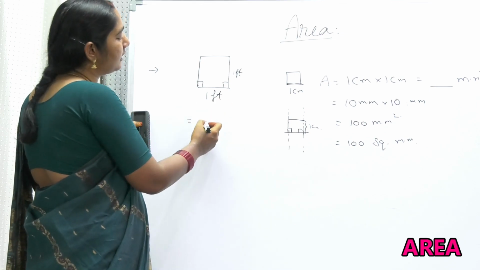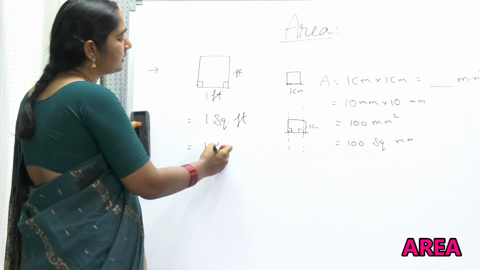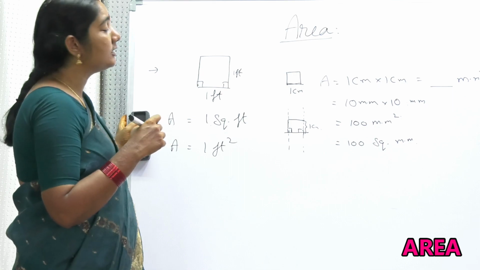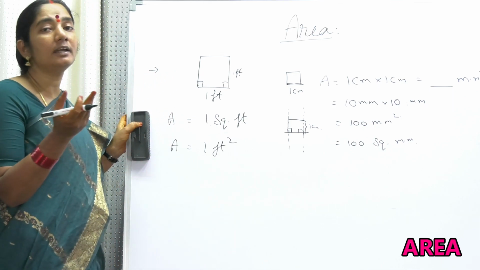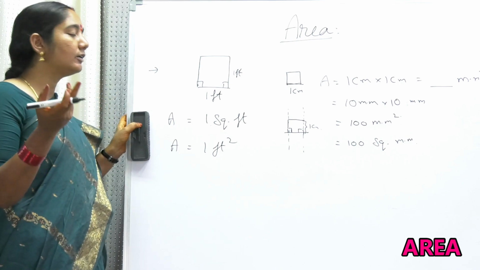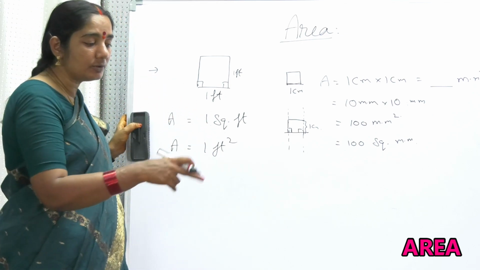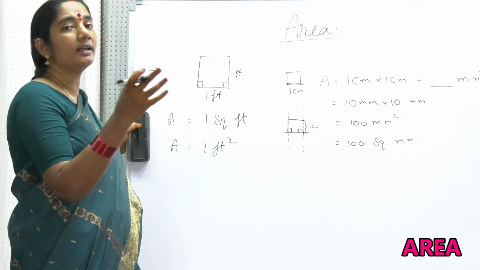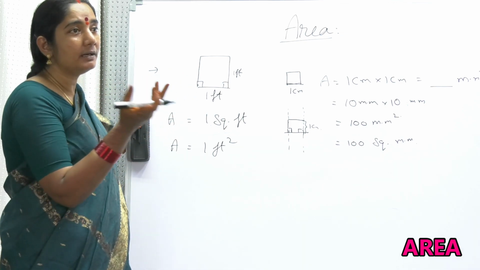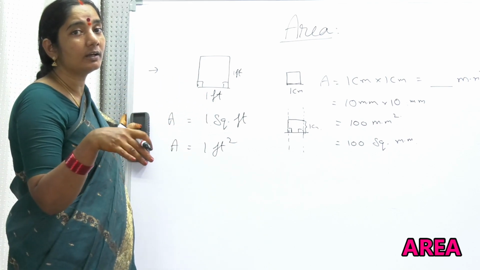This is equal to what we call 1 square feet, or 1 feet square. Area is equal to 1 square feet. My dear friends, we generally say the construction of the building in SFT. What is the meaning of SFT? The area of 1 square feet we call SFT. SFT stands for square feet. 1 SFT means 1 square feet. So you just draw the diagram. Ask your parents how much SFT your building is. SFT of the constructed area, SFT of the land within your compound wall. Try to find it out.